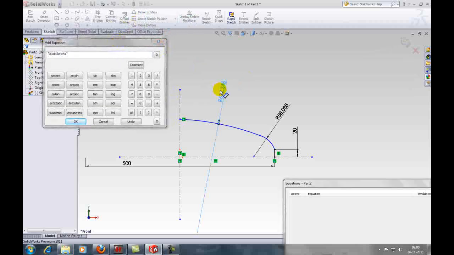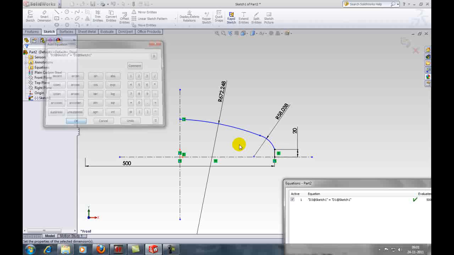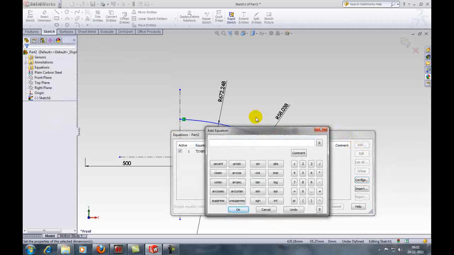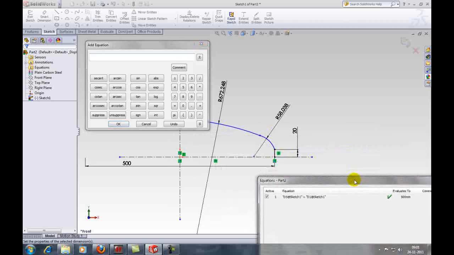Okay, we want this dimension to be equal to this dimension. Click OK and click on Add again, and we want our knuckle radius to be equal to 0.1 times of